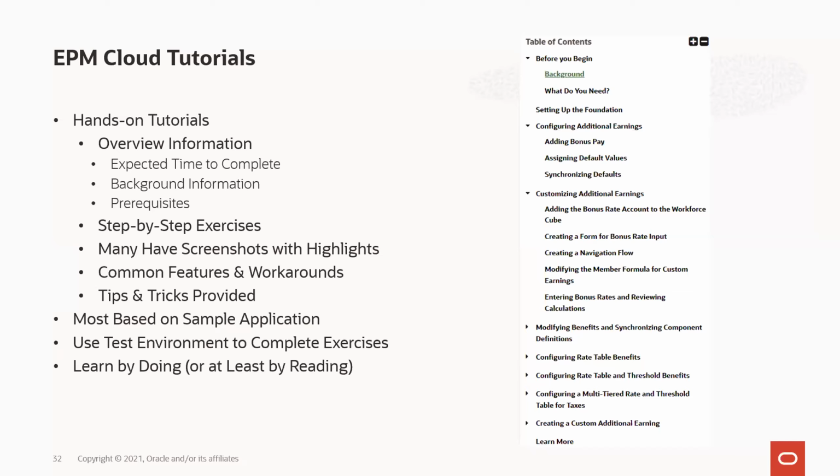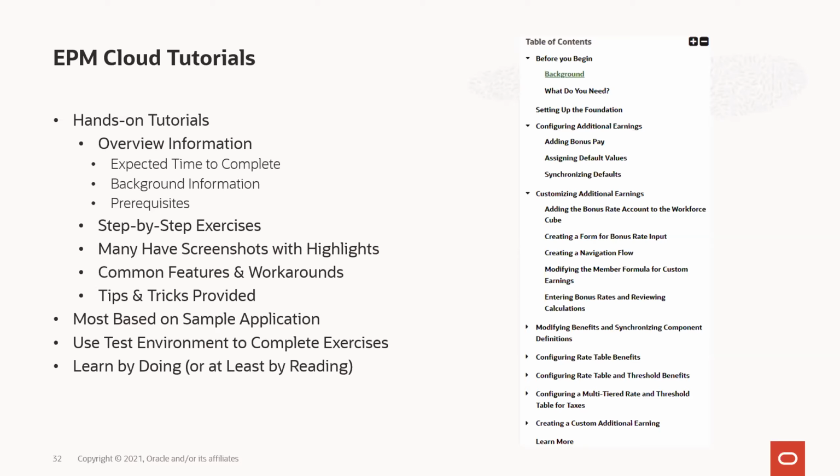But these are very good ways to help learn how to use. If you've never used Workforce before, you've never used the Benefits and Tax Wizard before, or you want to use something new in the Benefits and Tax Wizard, I've got every type of Benefit and Tax Wizard option, feature, bell, whistle, switch, knob to turn. I've got those covered in these hands-on exercises. So even reading through it alone might help you. Most of these are also based on the sample applications that we have available on Customer Connect in the Idea Lab posts.